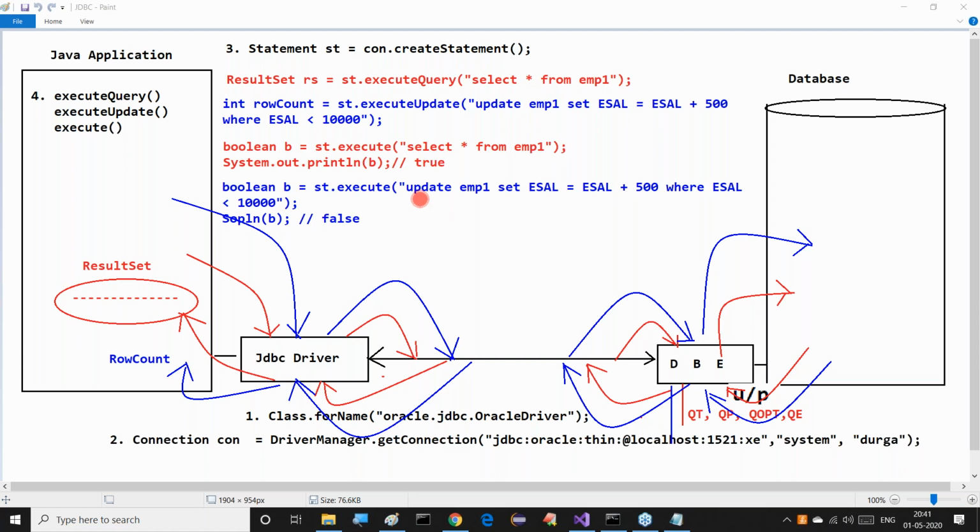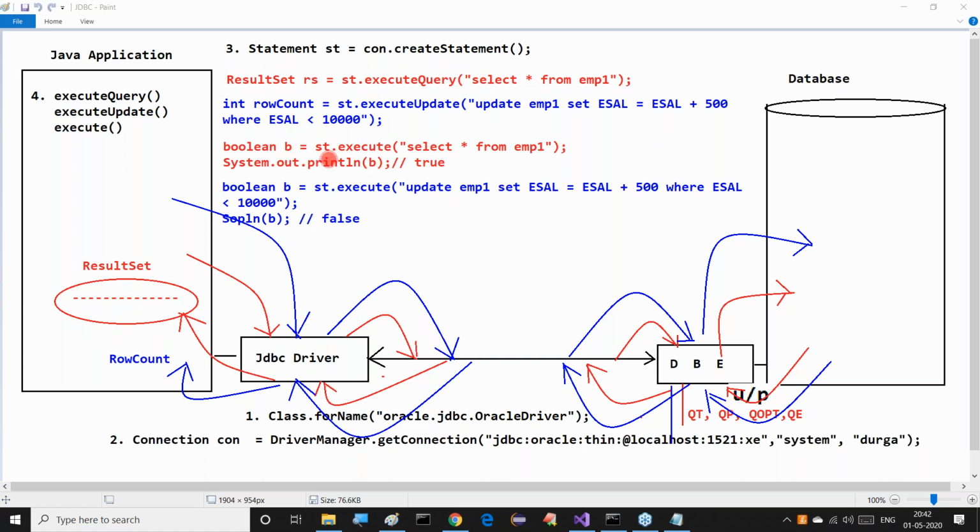When we execute both of them, first what we have to do: boolean b = st.execute("select * from emp1"). The select SQL query will be executed by the database engine. It fetches the data, and the data will be given to the Java program in the form of a ResultSet. But the execute method will return a true value.